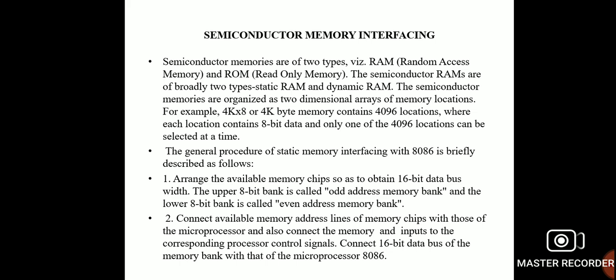Now, each location should have an address, so there has to be a certain number of address lines on the memory in the single chip. If a microprocessor has X address lines and a RAM or EPROM IC with Y address lines is to be interfaced, where X is greater than or equal to Y, then we connect the Y lines from the microprocessor to the memory chip. The remaining X minus Y lines of the microprocessor are used for address decoding. So the main aim of this decoding circuit is to select one location for the address sent from the microprocessor.